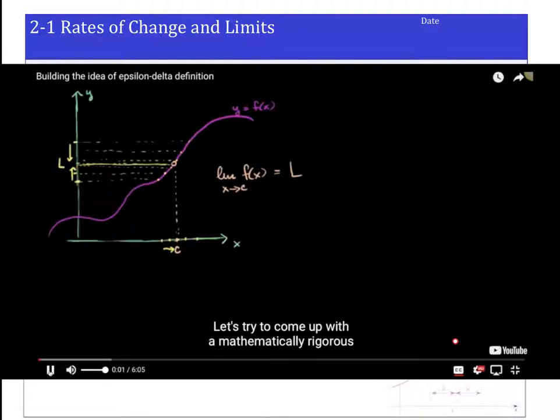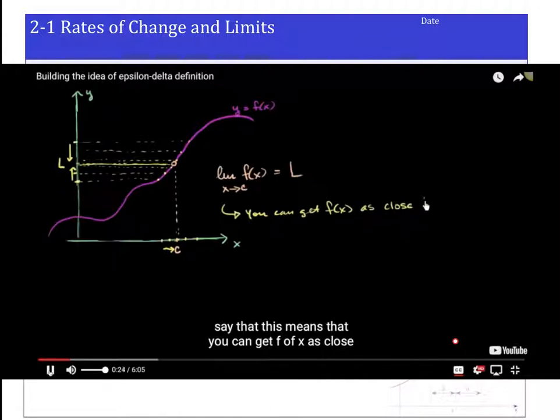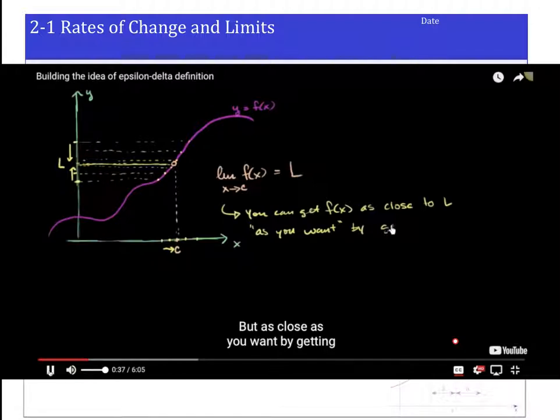Let's try to come up with a mathematically rigorous definition for what this statement means. So the statement that the limit of f of x as x approaches c is equal to L. Let's say that this means that you can get f of x as close to L as you want. I'll put that in quotes because it's a little loosey-goosey, how close is that, but as close as you want by getting x sufficiently close